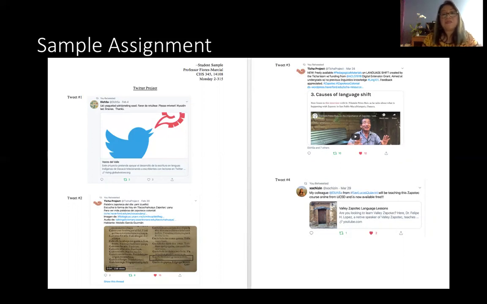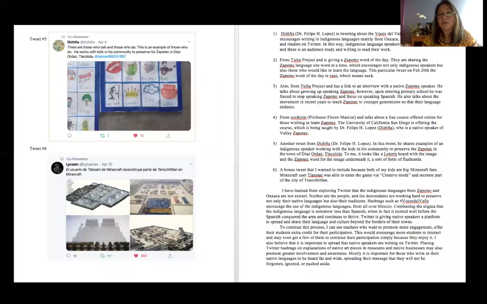And so the student went and selected some formal tweets, some less formal tweets, and some that might or might not be directly associated with this Zapotec language and Zapotec language speaker content. So